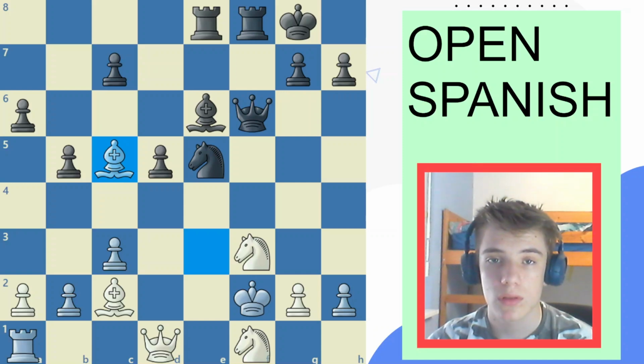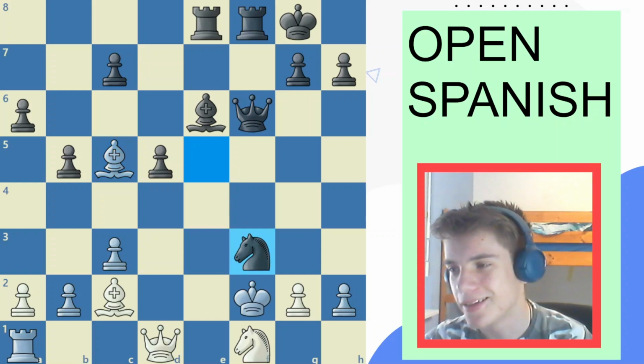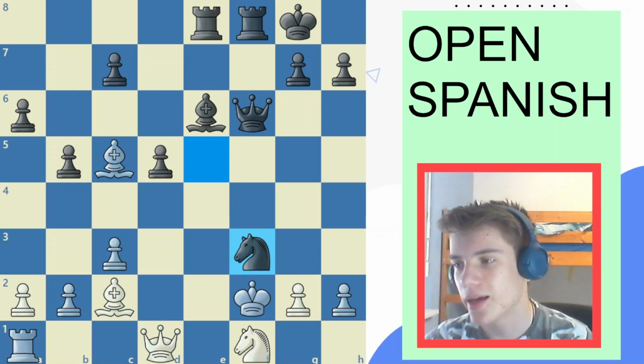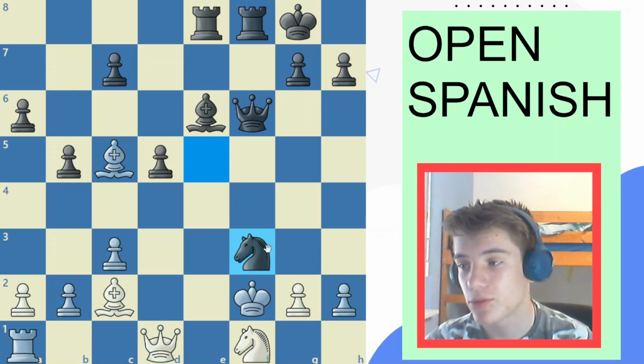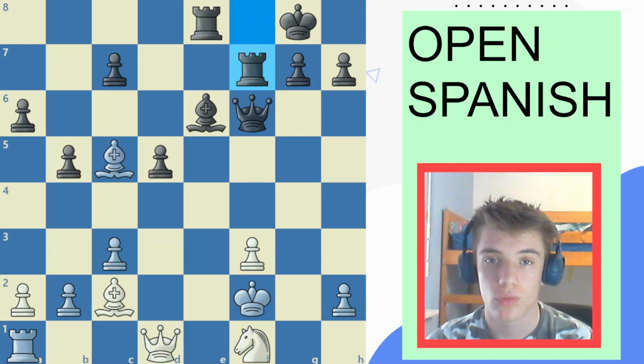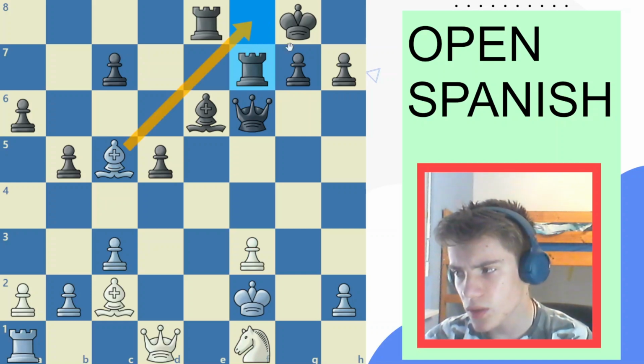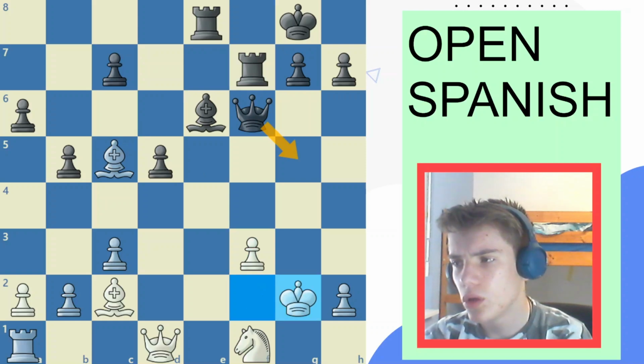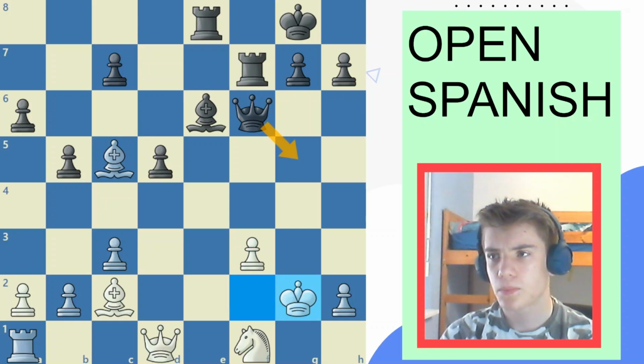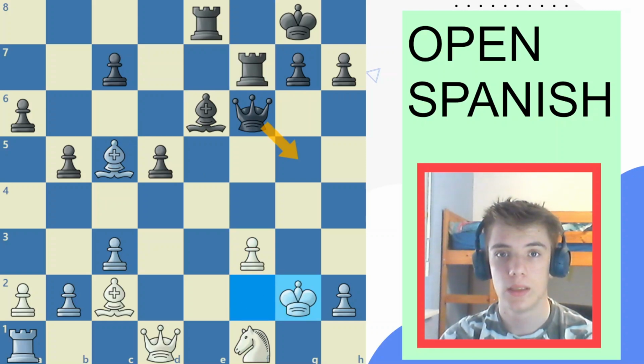Here, of course, black recaptures the knight on f3 with knight takes f3, and after g takes f3, now black plays the move rook to f7, saving the exchange. And after king to g2, you can see that white has 2 pieces versus a rook, but in